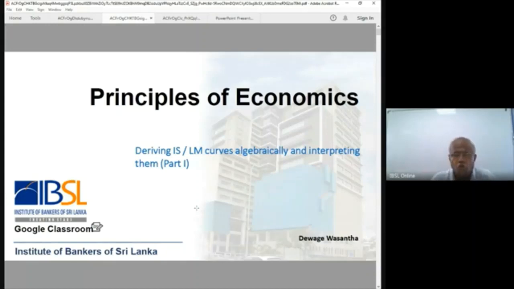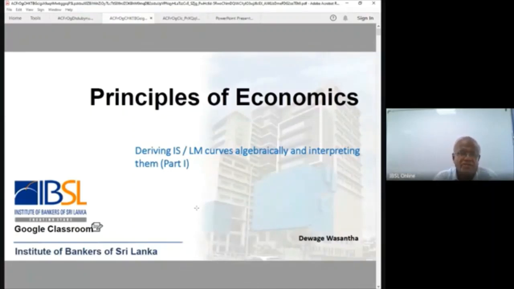Now, at the end of this lesson, you should be able to explain what the IS-LM model is, why it is important, how we derive the IS curve and LM curve, and then how we incorporate the various policy shocks into the model. Accordingly, we can explain the move from one situation to another, comparative statics. There is this equilibrium in the IS-LM model, policy shocks come, and then a next equilibrium. Comparative statics can be discussed.